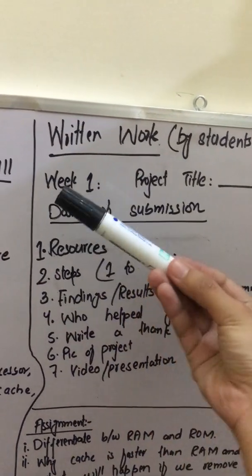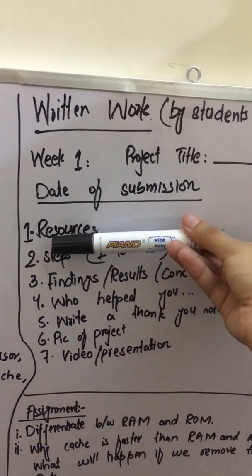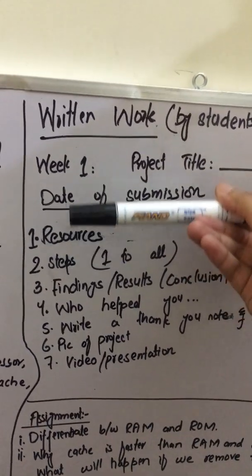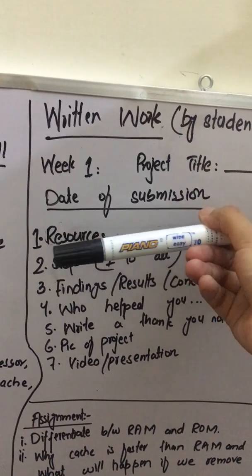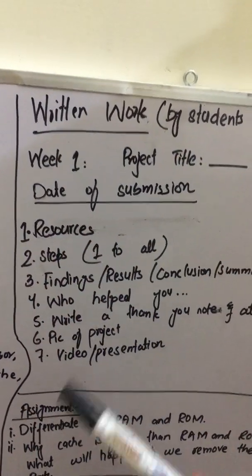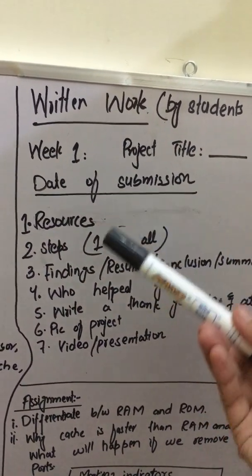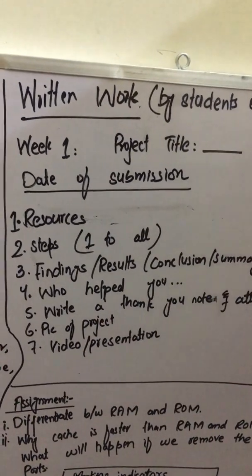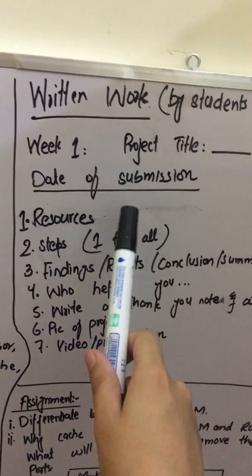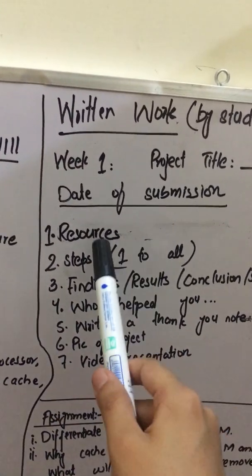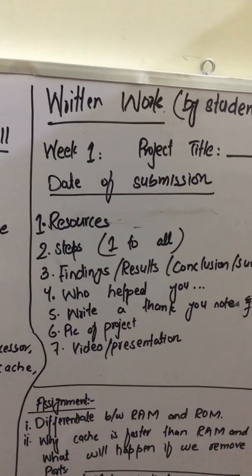First, you have to mention the resources. Your resources include everything through which you have taken help and which you have used in completion of your project. For example, you have used pages, internet, markers, colors, glue stick, every single thing that you have used will be included in the resources. You have to put it in the form of a list.